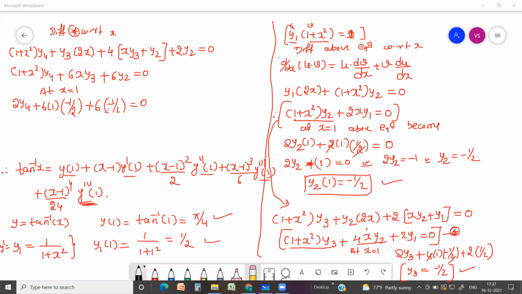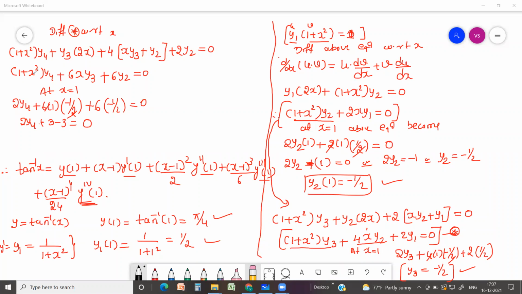So if I simplify this, what happens? It is 2y4. This is 2 1s are 2, 3s are, so minus 3 and plus 3. So it becomes 0. So 2 1s are 2, 3s are. This is also 2 1s are 2, 3s are. So plus 3 minus 3, that is equal to 0. You can see here y4, this is the value we are estimating.